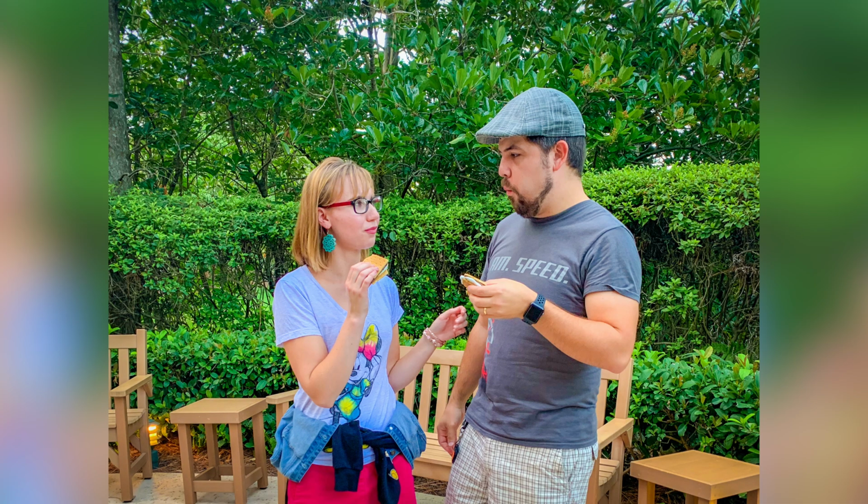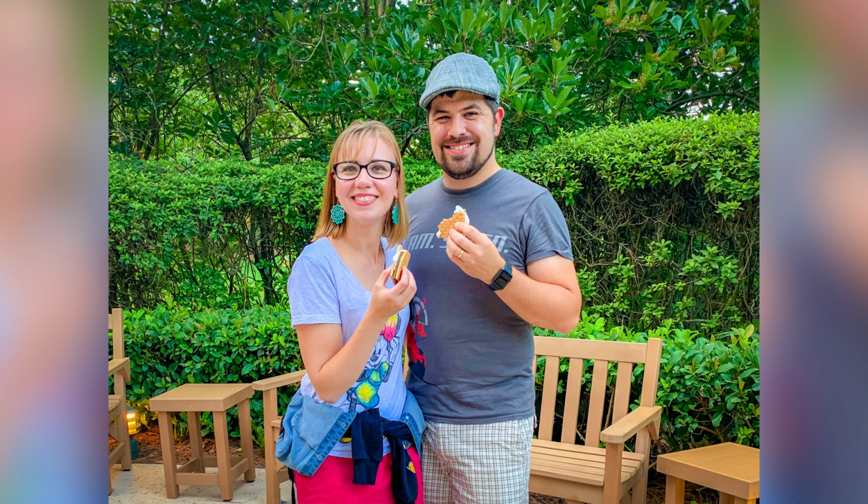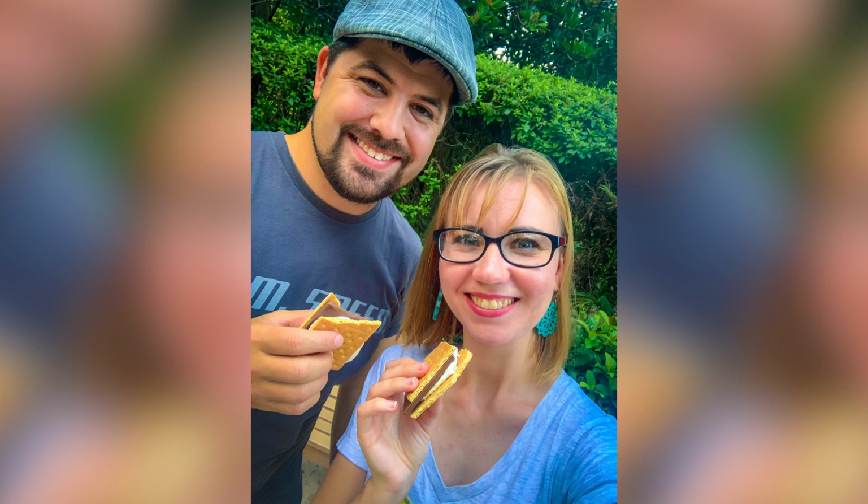We even had one of the cast members offer, because there was really no one else there besides us and the cast members, to take some pictures of us. So they were taking some pictures, and the thing is, they asked to take the picture after I'd already taken a bite out of my s'more, and so I had to figure out how to hold it just right so it wouldn't look like I took a bite out of it. Anyway, we got our pictures there,